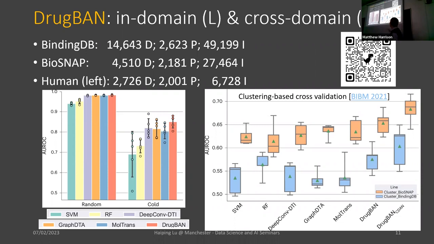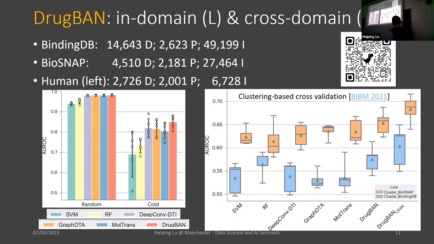Indeed, one of our papers shows that if you use a different evaluation, you can get a different conclusion. One paper says A is better than B, but if you change the evaluation, then B is better than A. And even if you do cold split, there is still some information leakage, because some of the drugs or proteins, although you didn't see them, may come from the same family as the training set. So that's still not challenging enough.